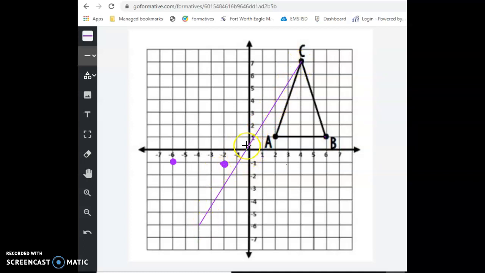So I can already see my point's not exactly through the origin. So I need to kind of move that line. And then I'm counting as I go down. 1, 2, 3, 4, 5, 6, 7. Okay, so it's not an exact science to do it this way, but once you create the shape, you